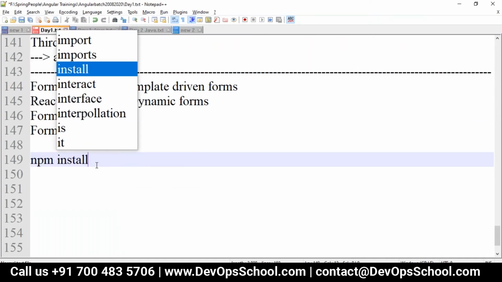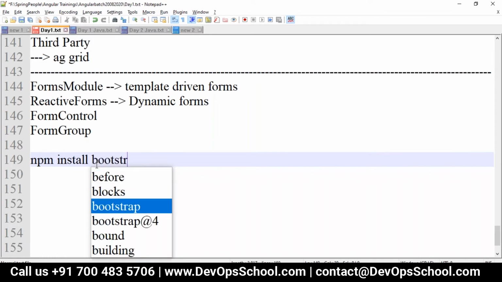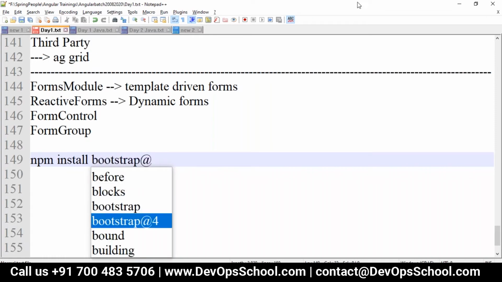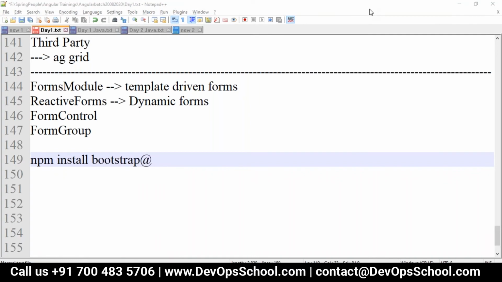I already told you, we'll go with npm install bootstrap, which is 4.3.1.